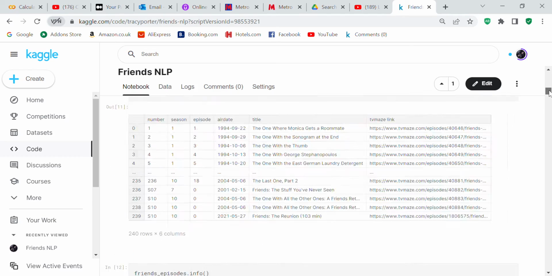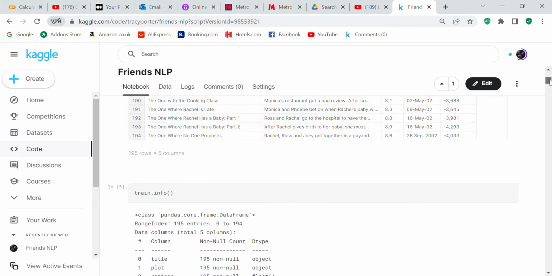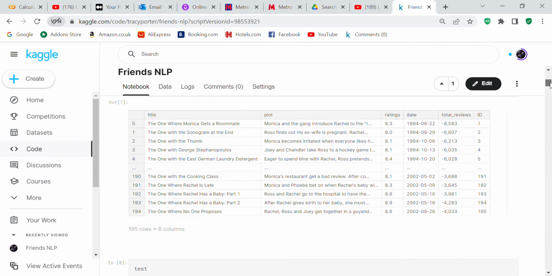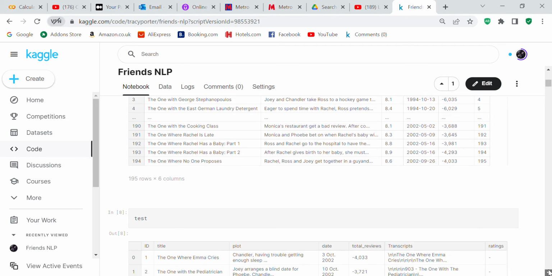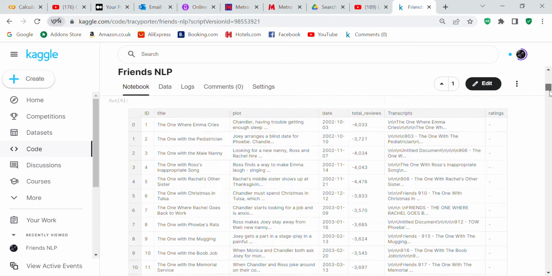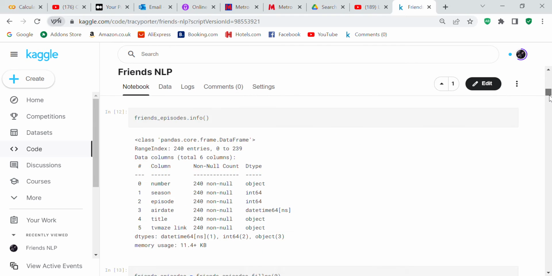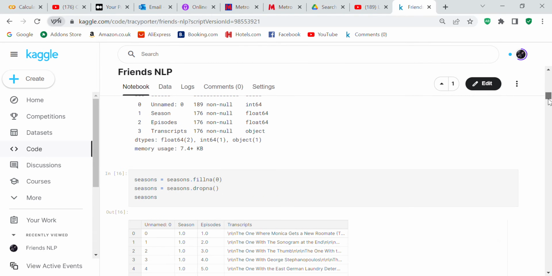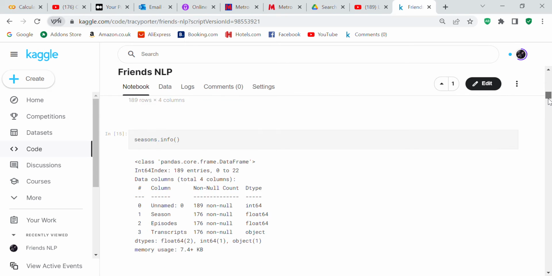So if you come over here to the test file, you can see that the transcripts on the test file had these special characters as well, but I wanted to get rid of the test special characters. Probably should get rid of them. I might go back and do that now that I think about it.